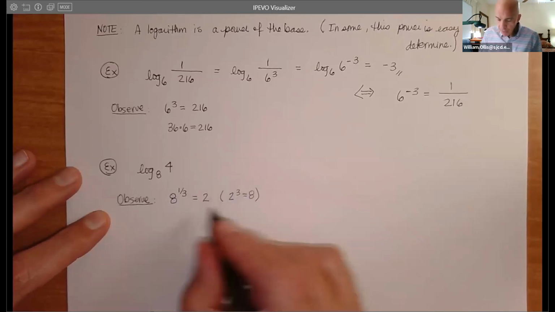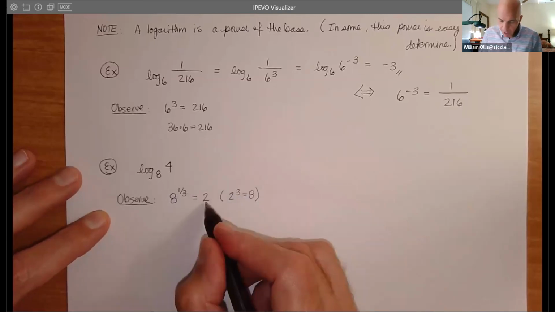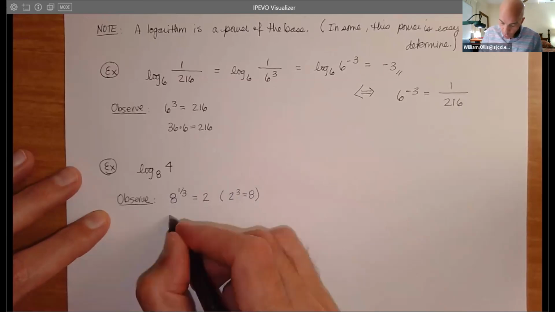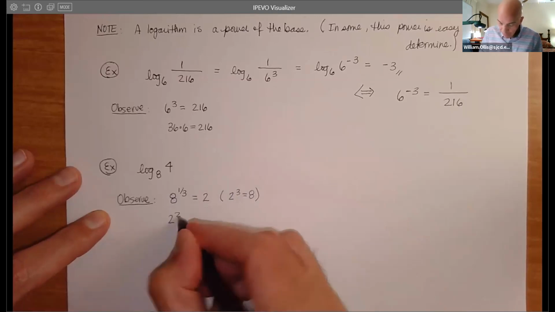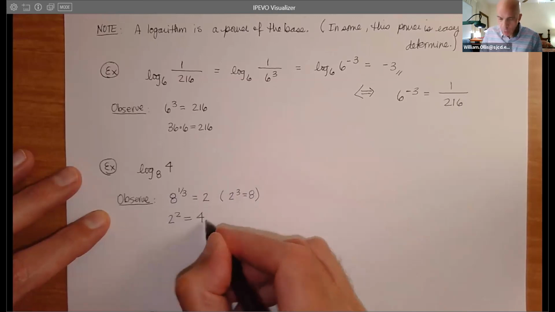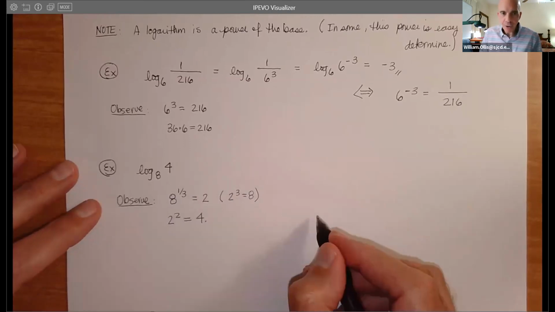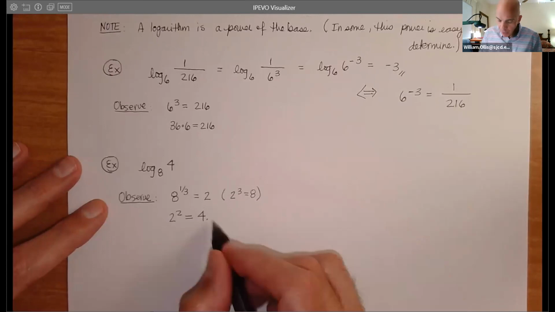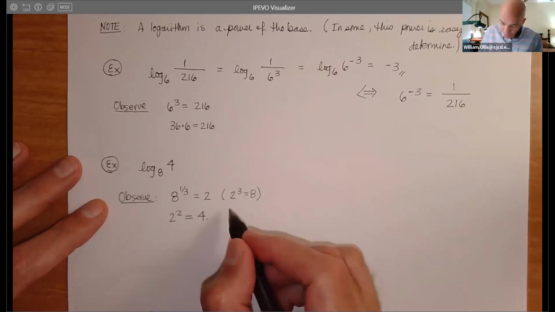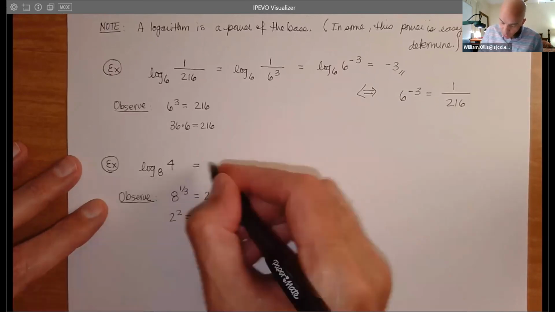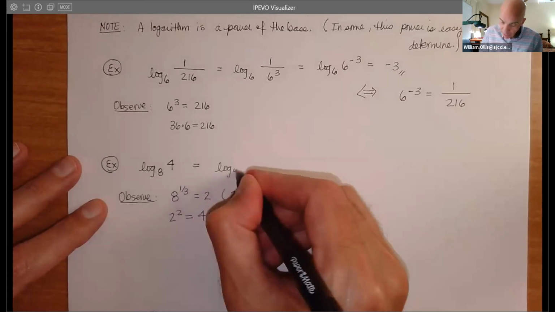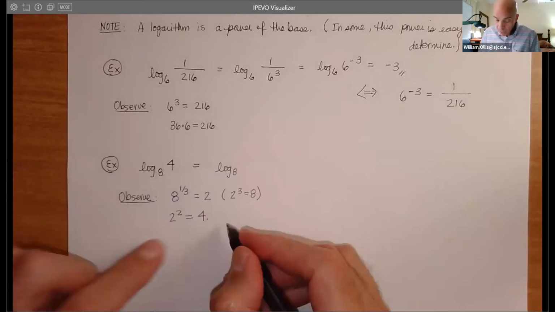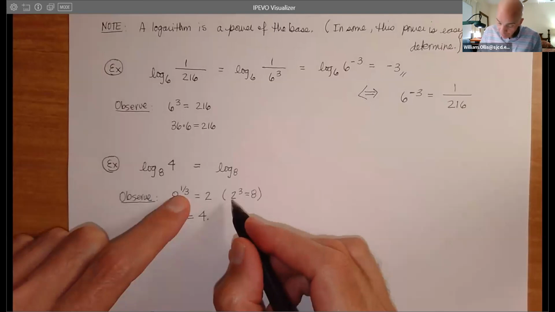But that's convenient because if we square 2, we get 4. And also 2 squared equals 4. I mean, you can run this out anyway. It really doesn't matter how you do it. And then you're thinking, okay, well, we can rig this together and say, well, this will be the base 8 logarithm of what? Well, we have 8 to the 1/3